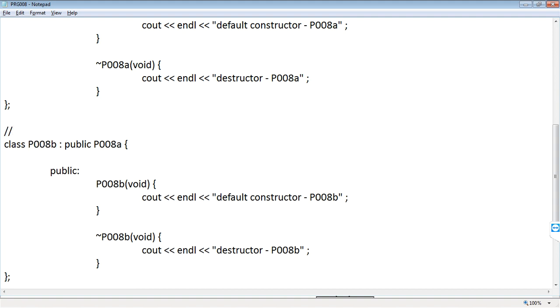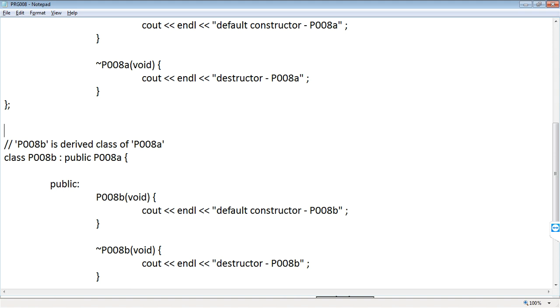P008B is the derived class of P008A. That's all. So P008A is a base class.